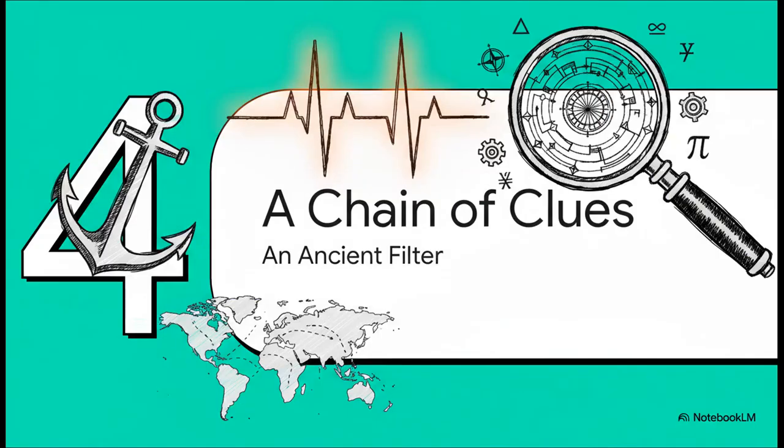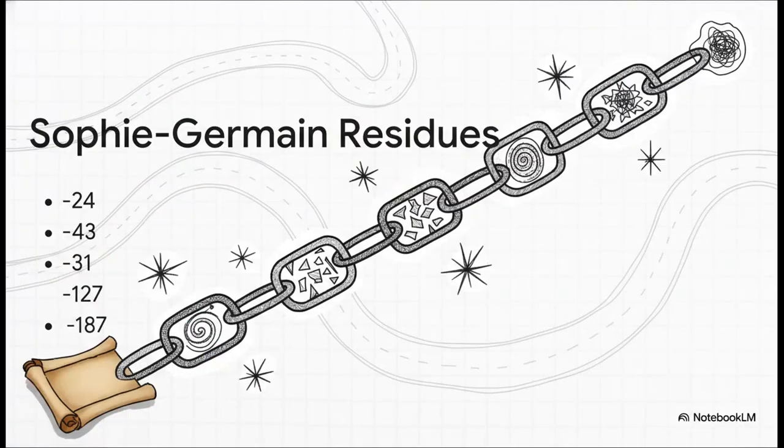So we have our anchor, the map, and the pulse. Now we just need a filter, something to help us refine the map and bring this whole picture into sharper focus. And for that, we turn to a clue from the history of mathematics itself. This specific chain of numbers, which comes from the work of the pioneering mathematician Sophie Germain, acts as our filter. You can think of it as a set of coordinates. According to the theory, these numbers pinpoint key intersections and nodes along our prime number highway, really helping us navigate